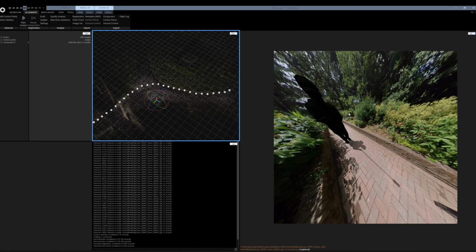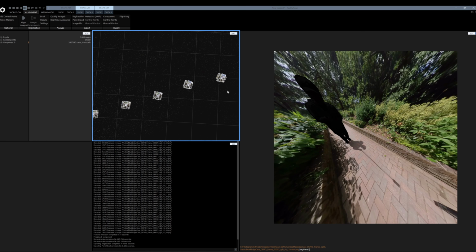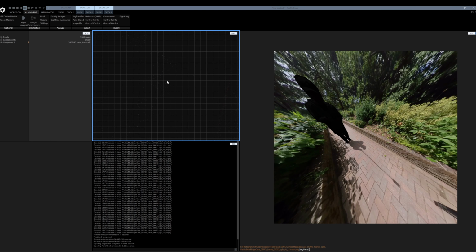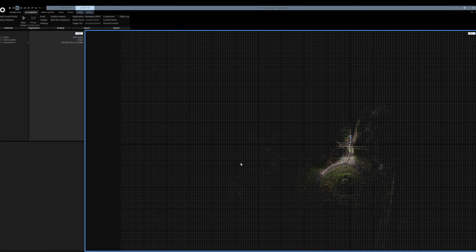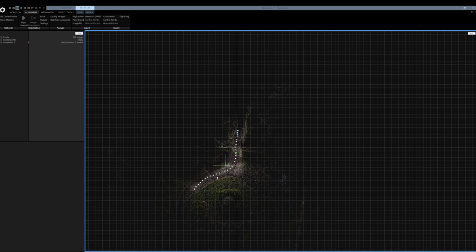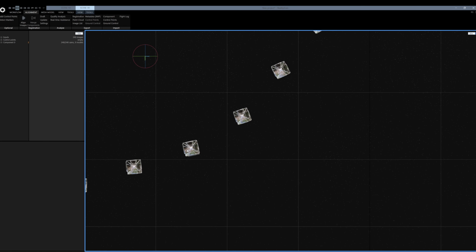I've not really changed from the defaults, and you're looking for something like this, where, should I go to the top view, you want the split images to be aligned, because this represents each of the extracted frames, but obviously there's 8 cameras here, and you want this to be as square as possible to know the alignment is good. Now it's never going to be perfect because there's 2 lenses and there's a bit of separation there,